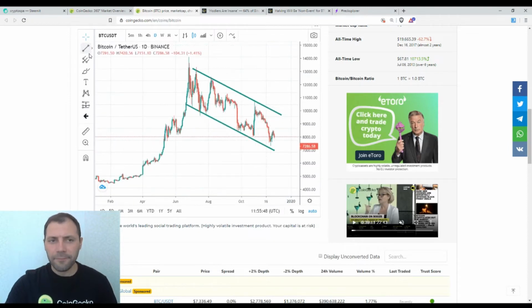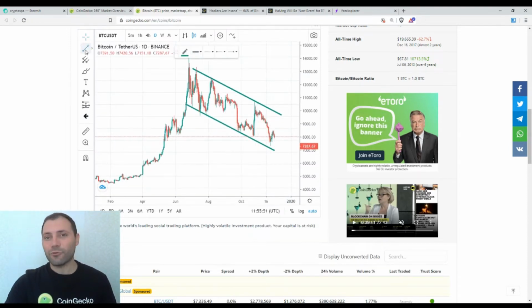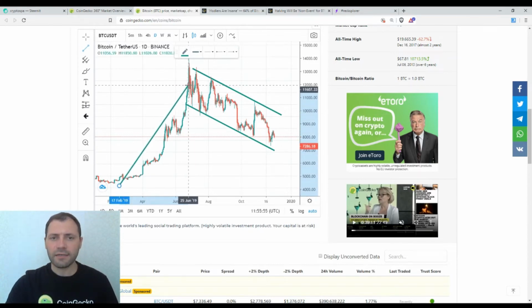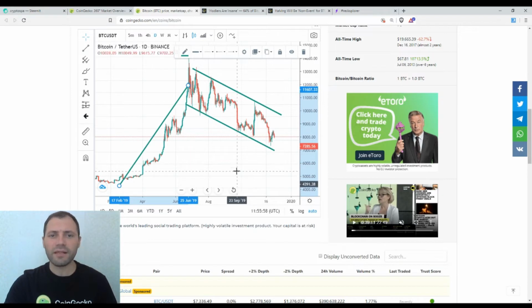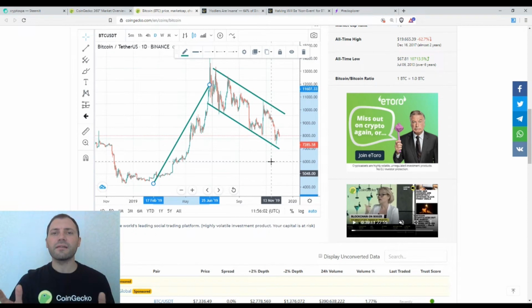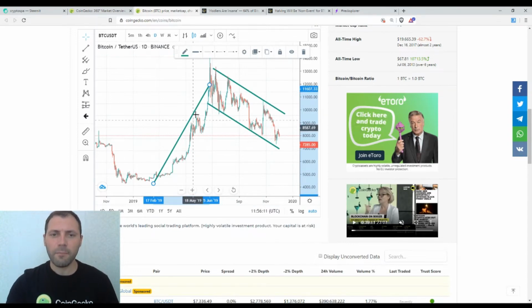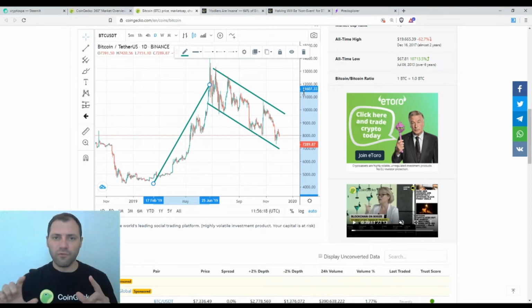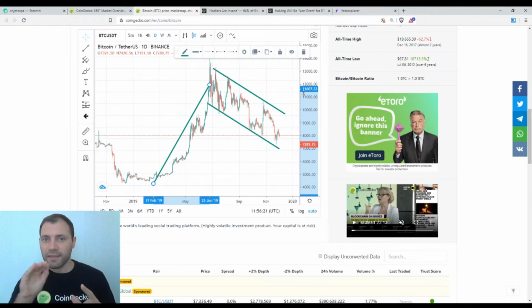Of course, I'm obligated to some extent to remind you that according to the theory of technical analysis, many chartists will still claim that this is a bullish flag, and it is very early to say that the bullish flag will end in the wrong way. We know very well that according to the theory of technical analysis, a bullish flag is a bullish technical pattern, and the price is supposed to exit from the flag or from the descending channel in the